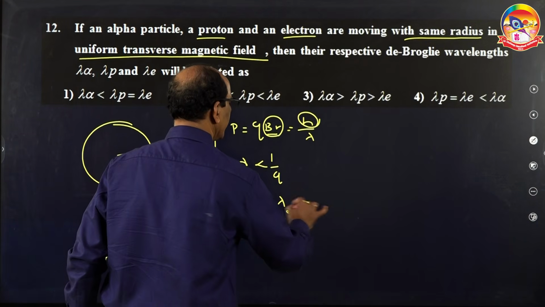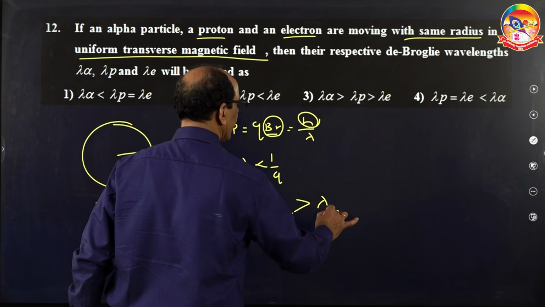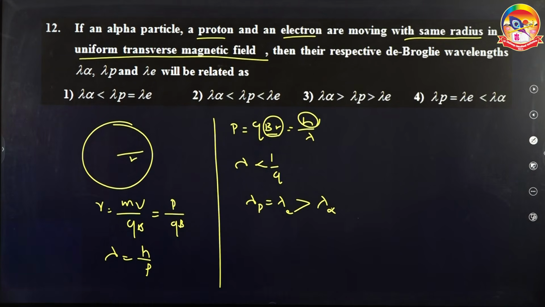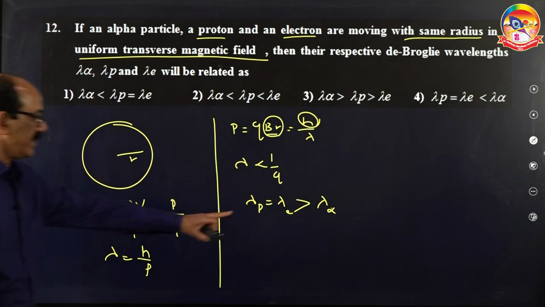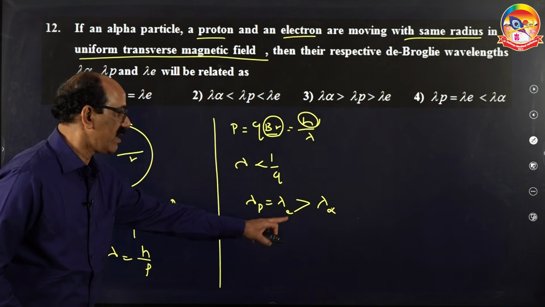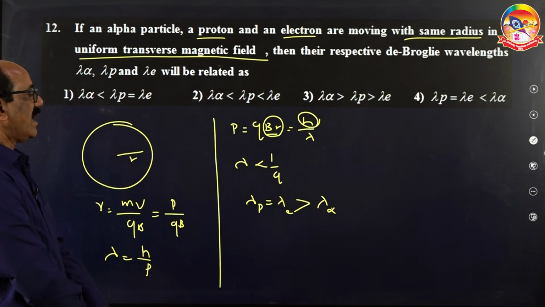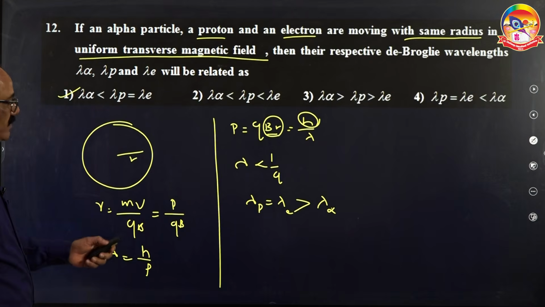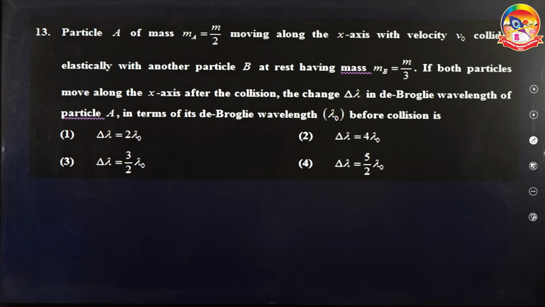So these two have a greater wavelength than the alpha particle. Lambda proton is equal to lambda electron, but lambda of the alpha particle is smaller. The only possibility is here. Then, if you go to the next problem,